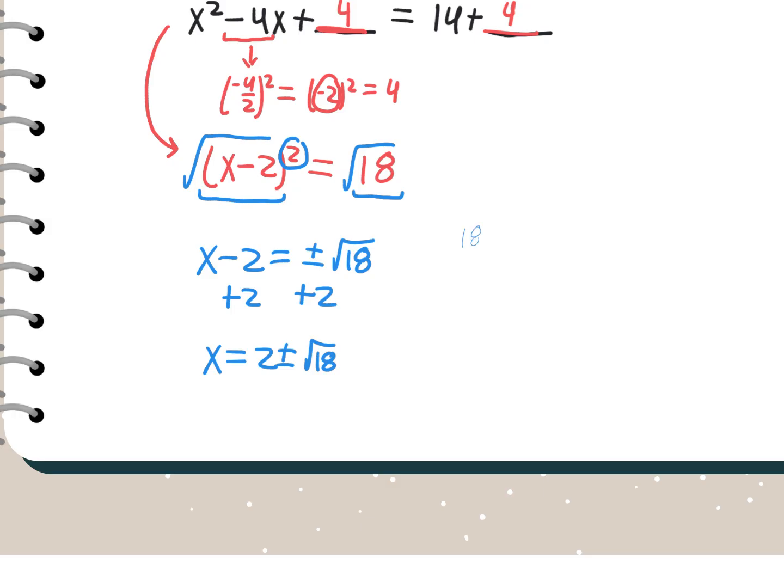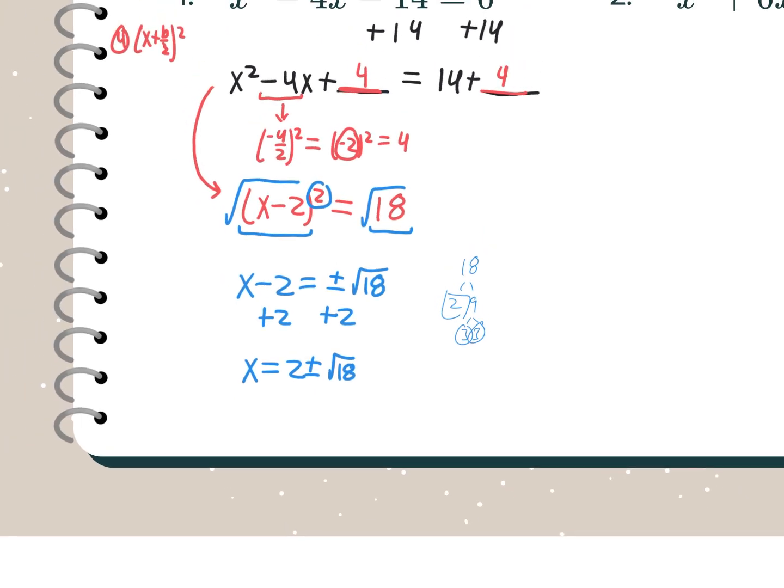And it can, right? If I do 18, I can split that up into 2 and 9, and then 3 and 3, and then 3 is my pair, 2 is all by itself, all right? So then I get x equals 2 plus or minus 3 square root of 2, and then that would be